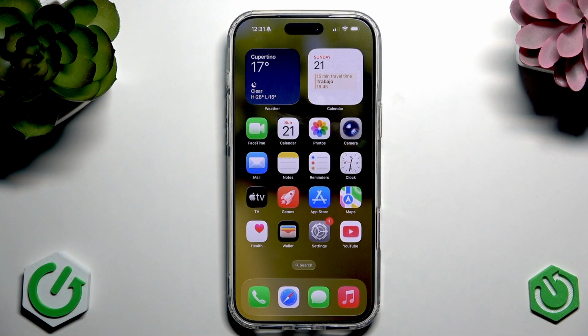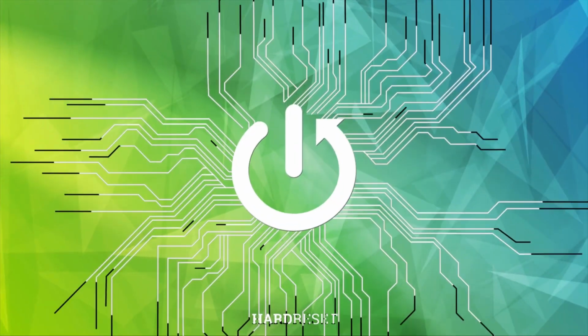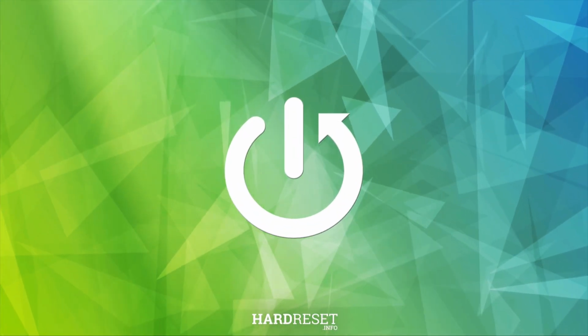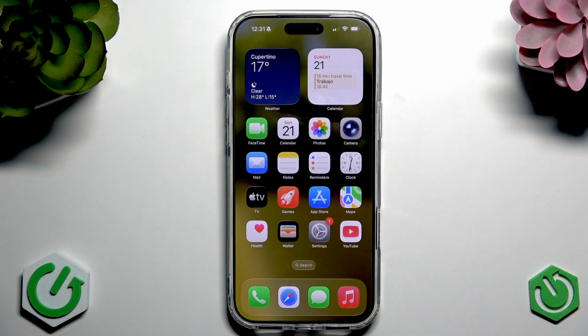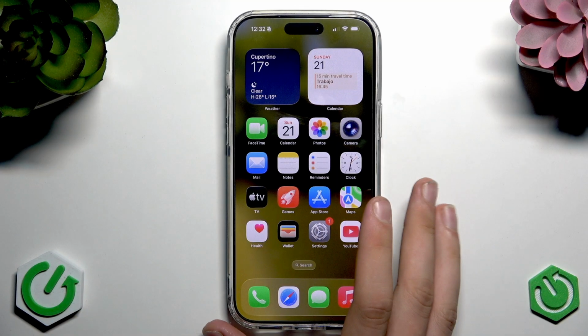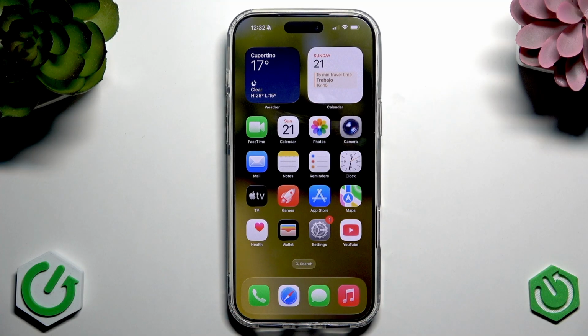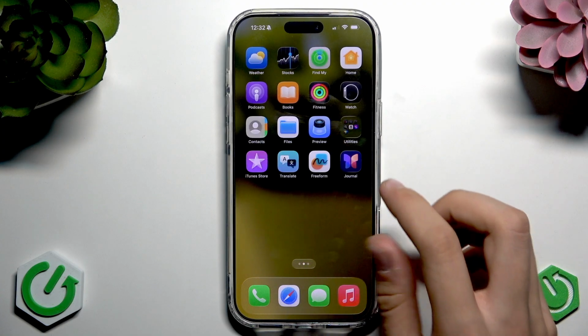Today I'm going to tell you how to lock apps on your iPhone 17 Pro Max with Screen Time and Face ID. It's very nice to lock your applications with Face ID if you want to hand your iPhone to somebody, for example to call or to use it for a moment, and you don't want them to access your data. To do so, you have to first add your Face ID, and then hold your finger on the preferred